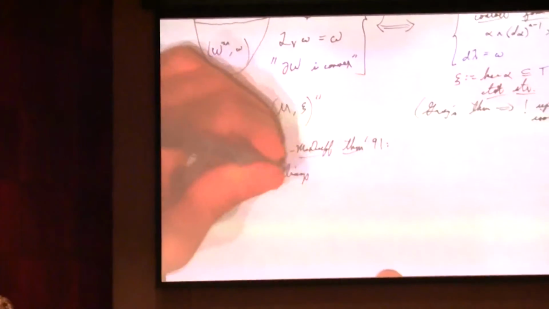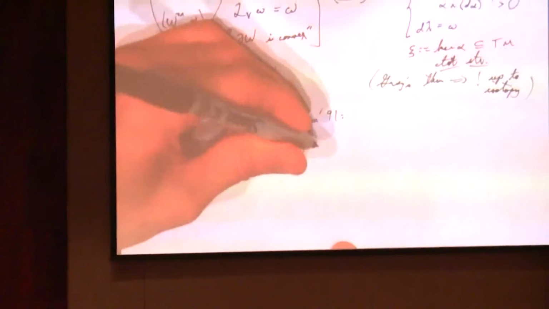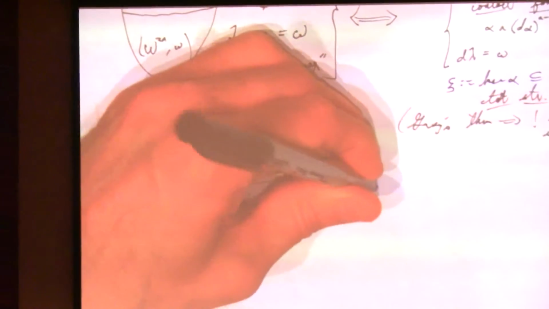So this was proved in a paper of McDuff's in 1991 and attributed also to Eliashberg and Floer. And that states that all symplectic fillings W of the standard contact sphere